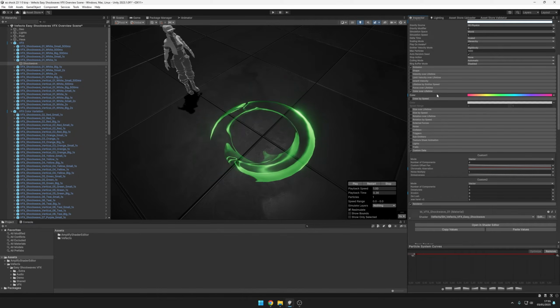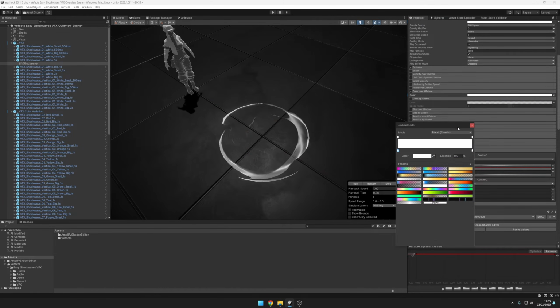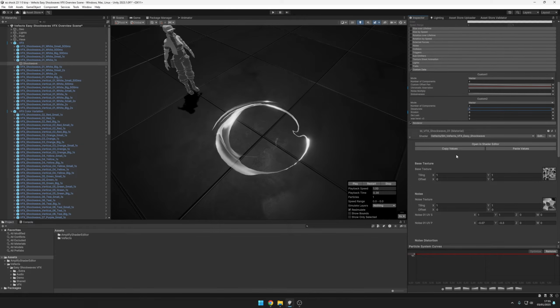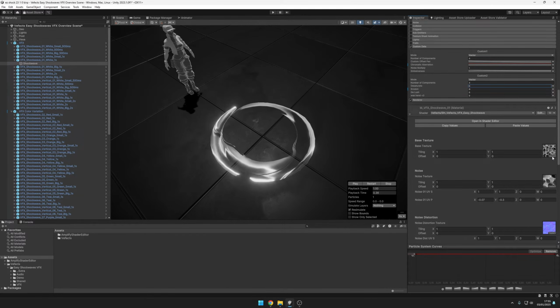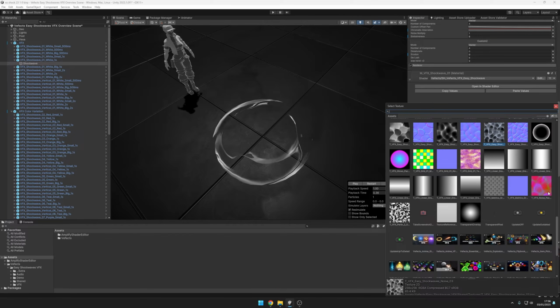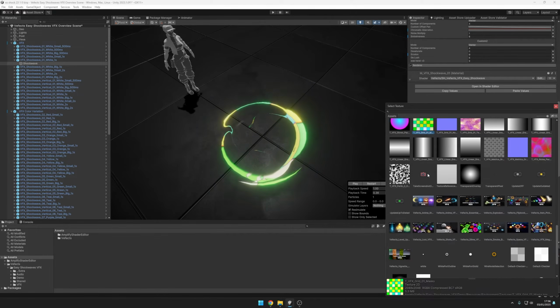And then again, you can do some more stuff with it. For example, let's say we want this to be white again. Without using chromatic aberration, you'll find out that there's a desaturate parameter here. And that's just due to the fact that you can change this base texture and make it any other texture you might want. So for example, let me change this base texture to any other texture, for example, this noise packed. And now you can see it's got some yellow colors, some red colors, some purple or green colors, maybe even this one, or maybe